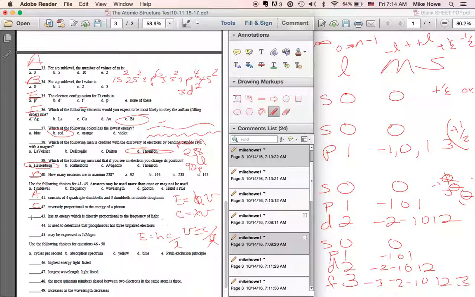Okay, an energy which is directly proportional to frequency, that'd be a photon. That's D. So the photons have energy, and energy is directly proportional to frequency. As this number gets bigger, this number gets bigger. Used to determine that phosphorus has 3 unpaired electrons, that's Hund's rule, that's E. Electrons have to go into orbitals one at a time, and can be expressed as joule second squared per kilogram